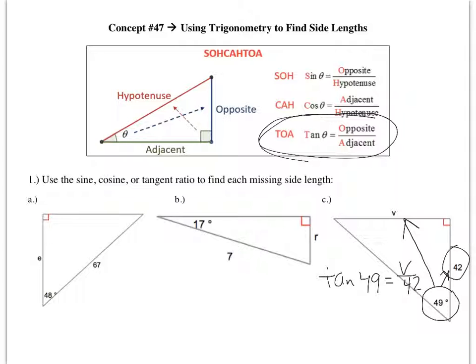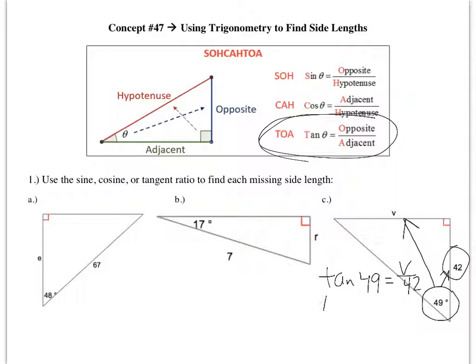So go to your calculator, and just as a reminder, you can use Desmos on your computer to find the ratios as well. On the left-hand side of Desmos graphing, you can type in anything just like you would into a calculator. You can type in tangent, or TAN, 49, and you will get the same exact answer you would get on your graphing calculator. So if you don't have your calculator with you or it's not working, just remember you can always use Desmos. So tangent of 49 degrees,